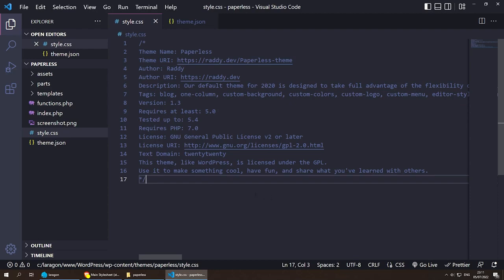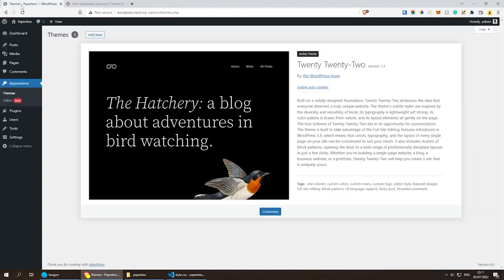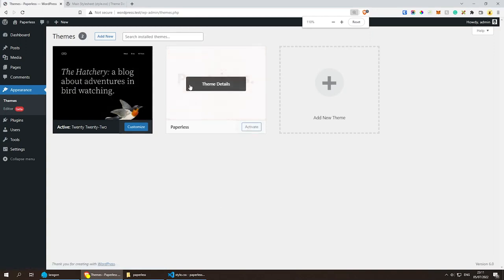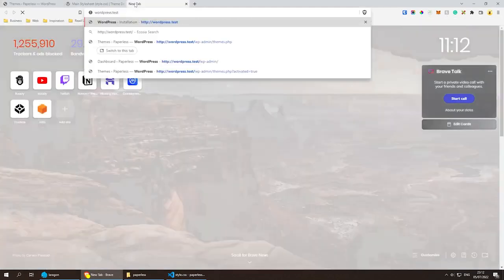All themes should be available now inside WordPress. So if I go back and go under appearance here, you will see that we have the paperless theme that we just created inside here. So I can actually activate this and start using it. So if I do activate, this is now the active theme. And if I was to go to the website, which is wordpress.test for me, you will see that we have